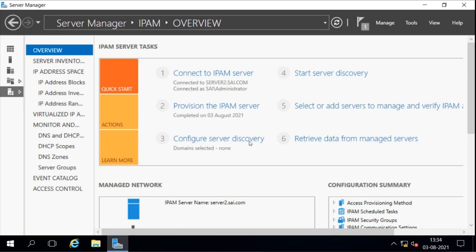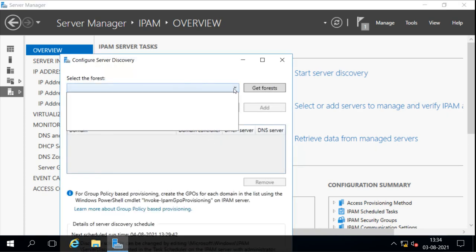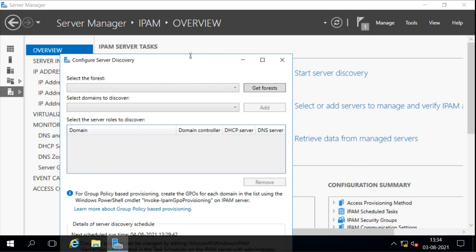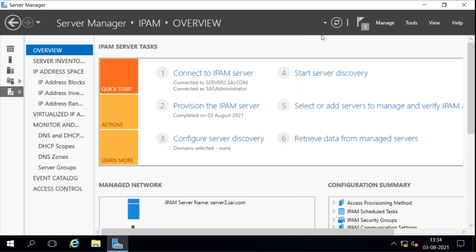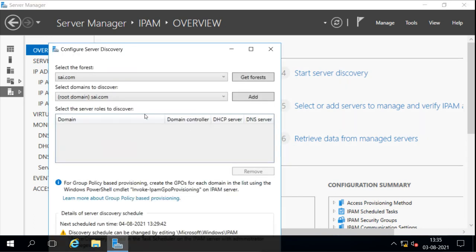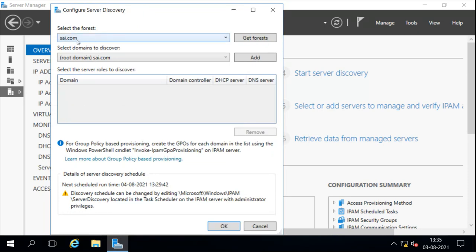Okay, now after a little refresh, we can go on to select this again, and okay, it is not refreshed. Now it is refreshed. It took a little time. So now when you open this to discover, it shows your current domain. So it is showing here that your current forest is this, and this is the root domain of your forest.